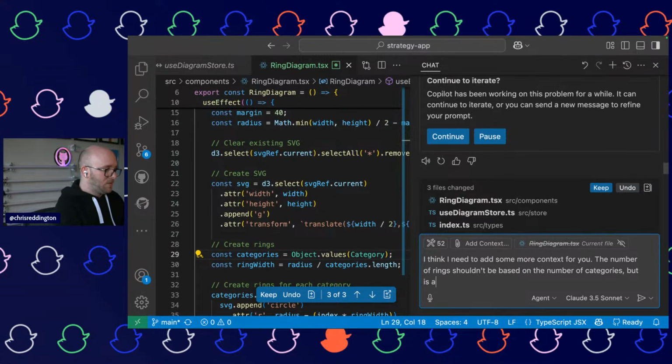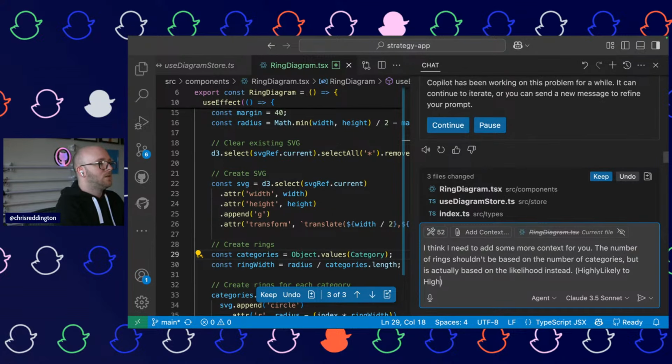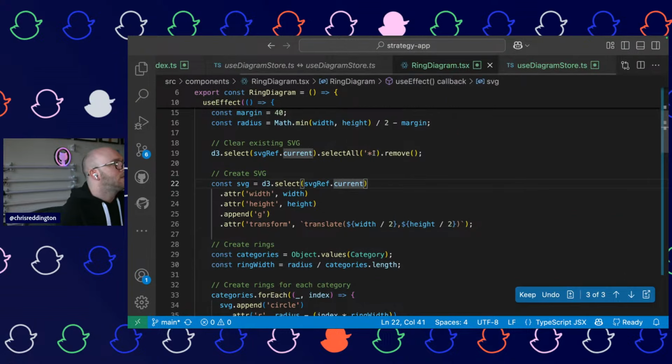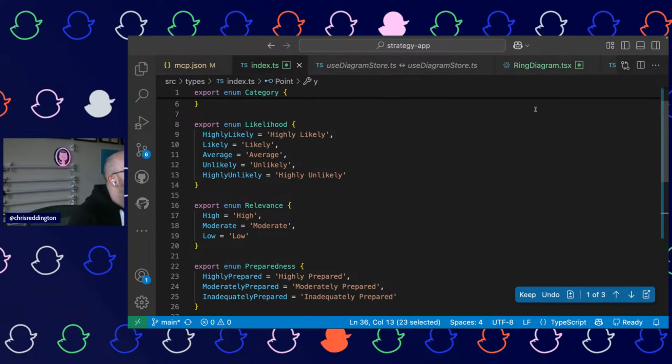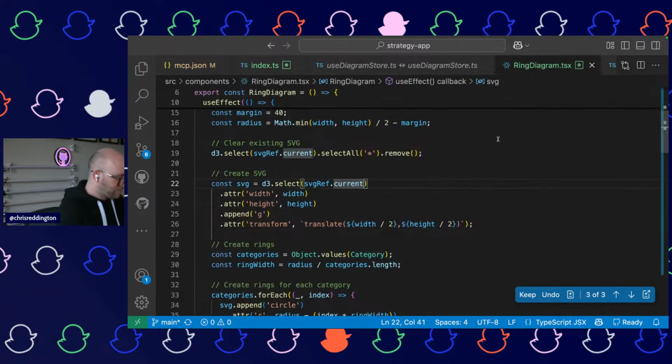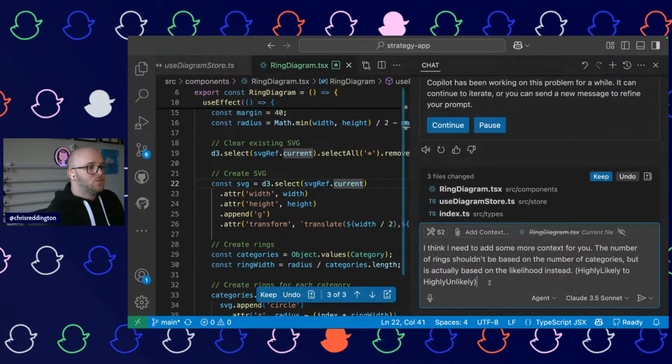Likelihood is actually based on the likelihood instead. Highly likely to highly unlikely. And that should be in the types. It is. Good. Okay. So to the point earlier about do you just kind of accept it, this is why it's important to review, because what I wanted isn't quite what is there. So highly likely.